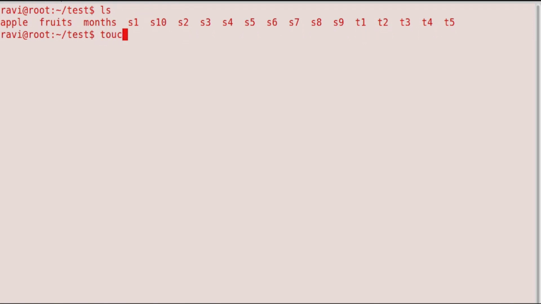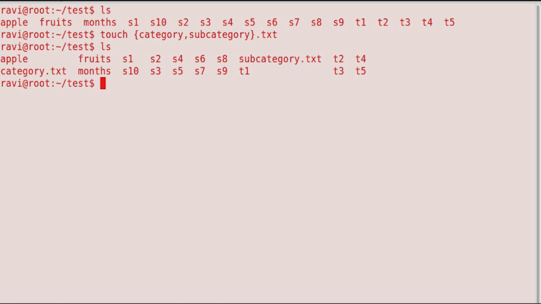Next, touch command is used again to create two new empty files, namely category.txt, subcategory.txt. This is created using the command touch space open brace category comma subcategory close brace .txt. So this touch command will create two new empty files, namely category.txt and subcategory.txt. When I have used ls command, you can see there category.txt and subcategory.txt are listed just because they are created